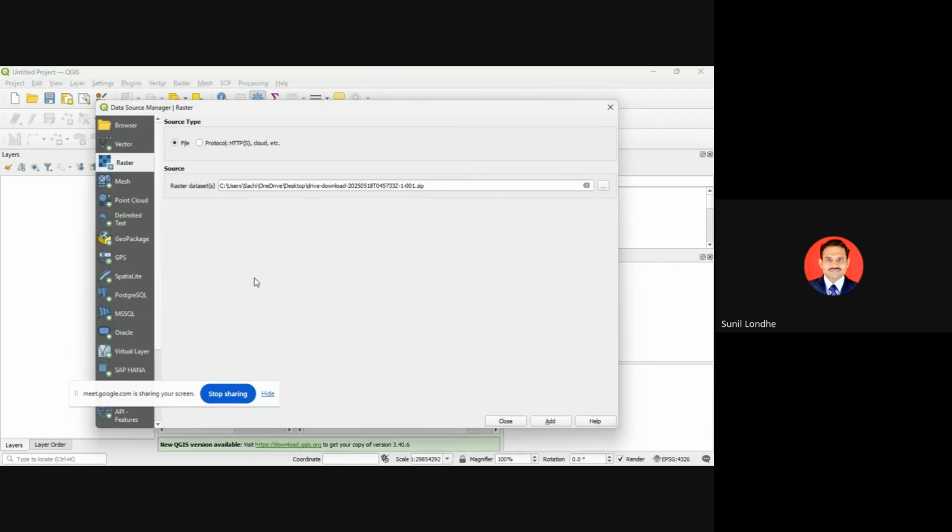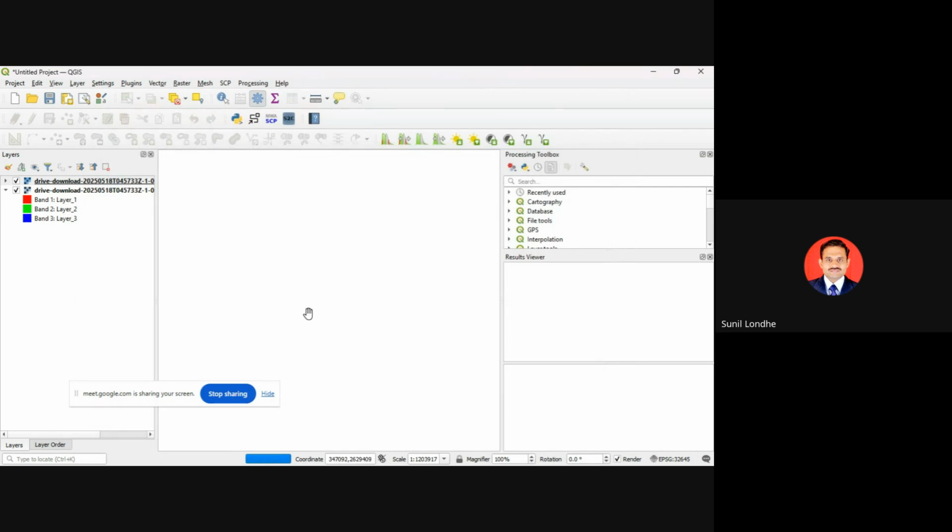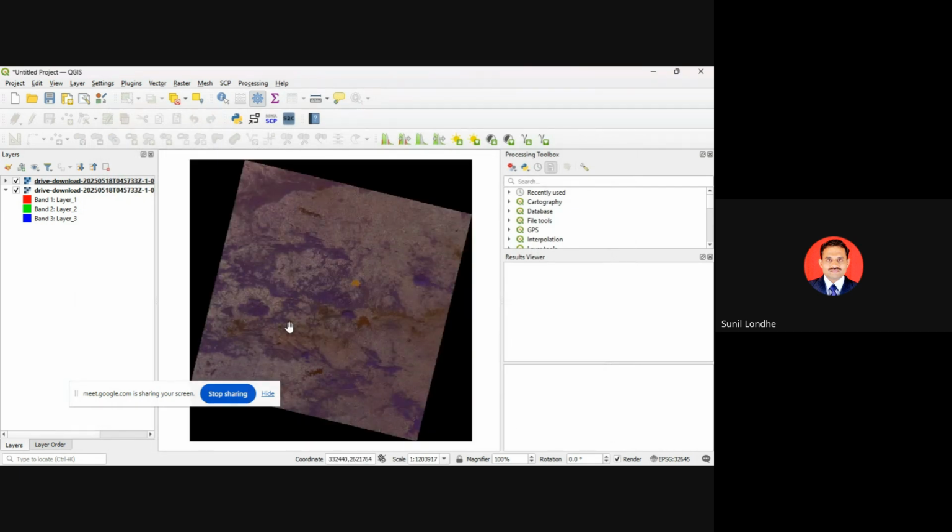Drive download. Okay, this is the same image,